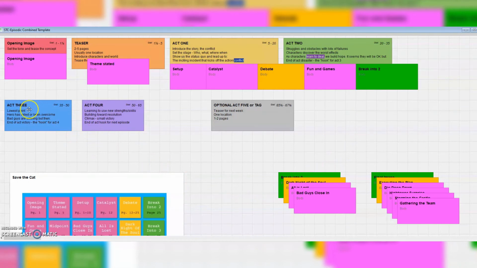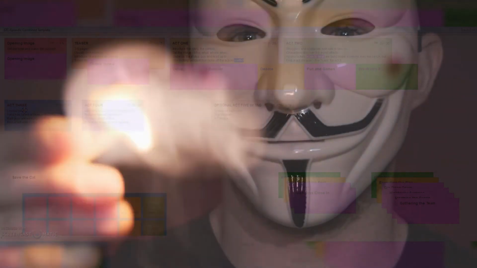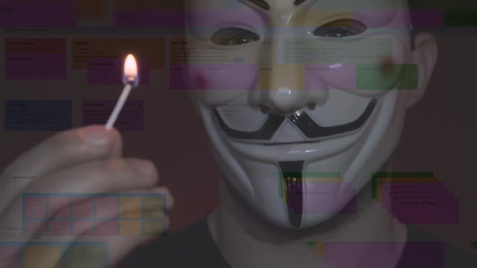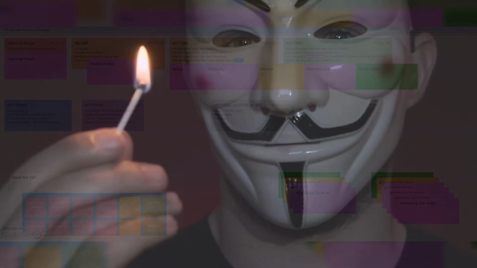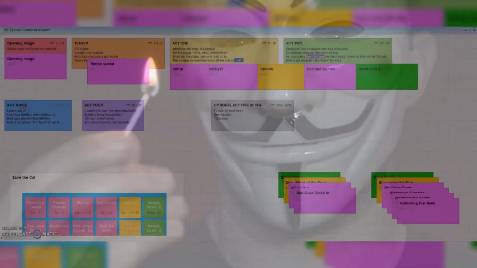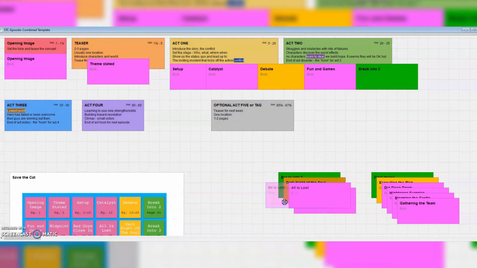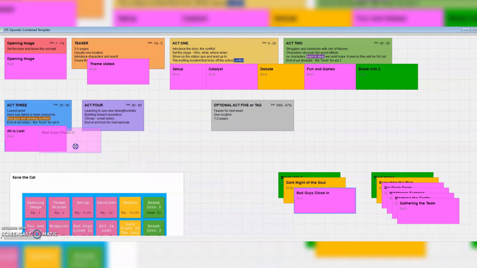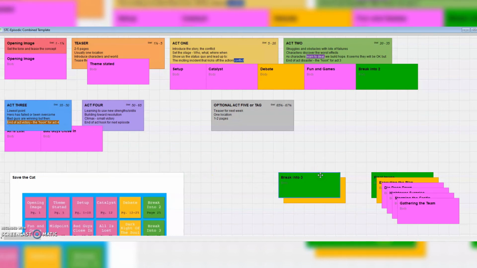Act 3 makes it pretty easy for us. It says right in both structure sets that the bad guys are winning or they're closing in. So we know that bad guys close in from Save the Cat will line up with our bad guys are winning in Act 3. We also have our lowest point and all is lost, which match up perfectly. The next thing on our Act 3 checklist, if we follow the episodic template, is we need an end of act victory, a little hook, which is the same thing as the break into Act 3 from Save the Cat.